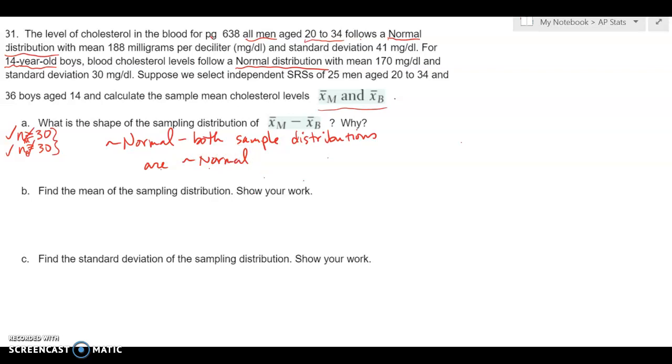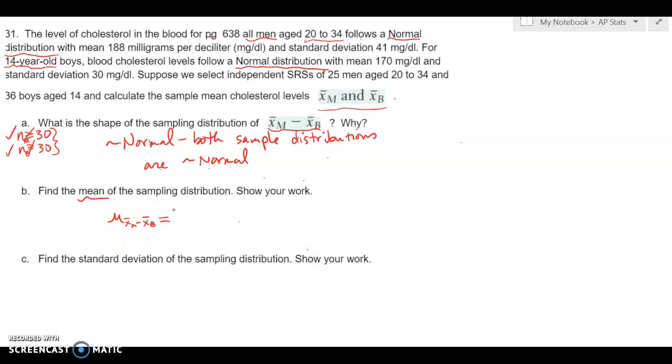All right, so moving on to part B here, find the mean of the sampling distribution. Remember, this is the sampling distribution of the differences in level of cholesterol in the men and average level of cholesterol in the boys. So in order to find that mean, mu sub x bar of the males minus x bar of the boys, or in other words, the mean of the sampling distribution of differences in means between the men and the boys,